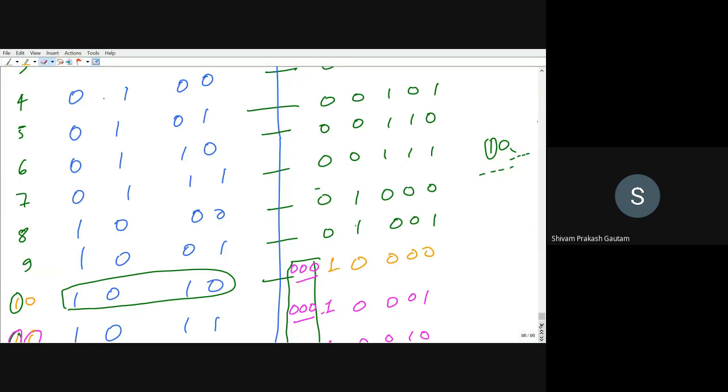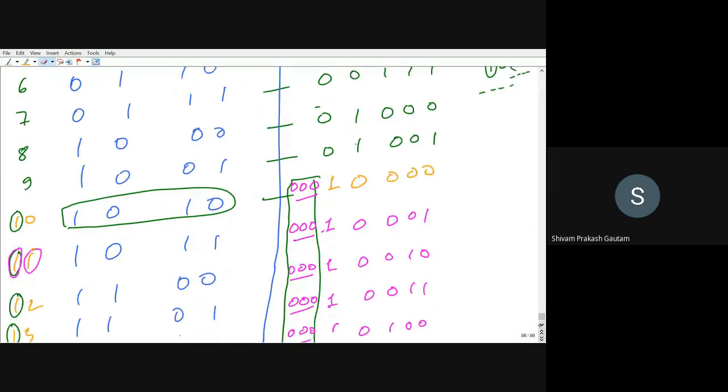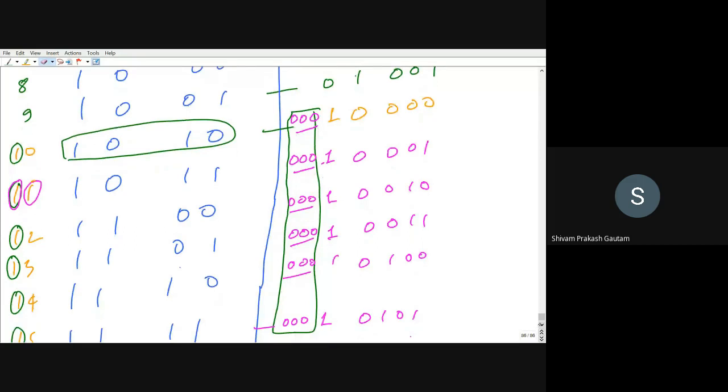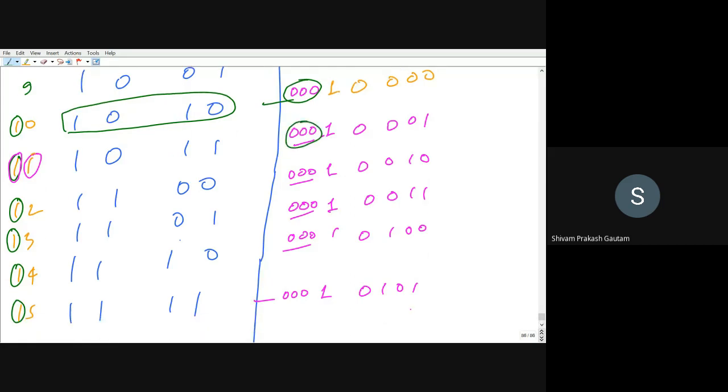So that is why I have included that 5th bit extra, and why I am not considering the 3 extra bits that I had taken here. You can see I have not considered these 3 bits because in all the further coming numbers, these 3 bits remain 0. So there is no use of these 3 bits. Right? This can be one of the logics. You can design your own logic to convert binary to BCD number.